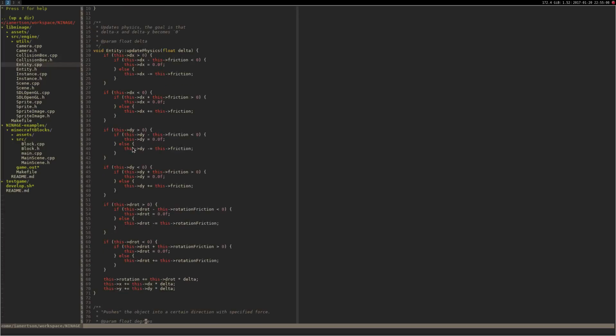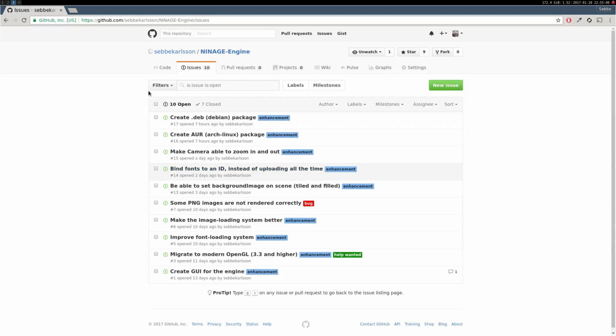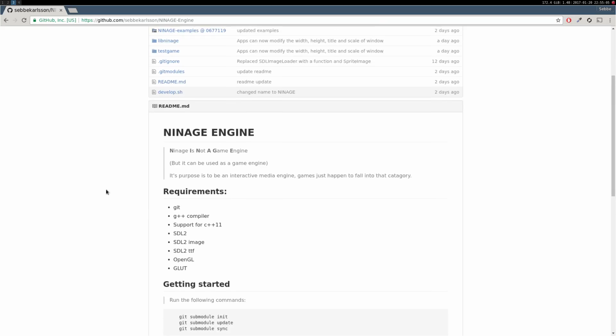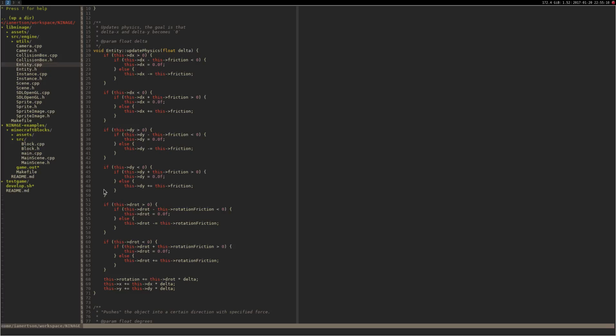So if you're interested in knowing how this engine works, I would recommend just going to the official repository and looking at the code yourself. But that's basically what I am currently working on. There will be some more Python web application stuff coming soon as well. I just haven't had the time to work on it. I have had time, but I have just prioritized this